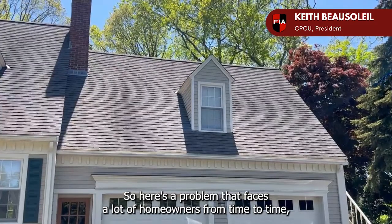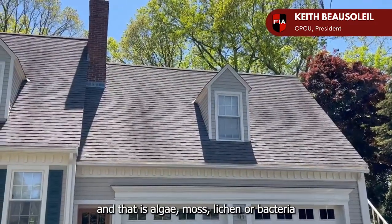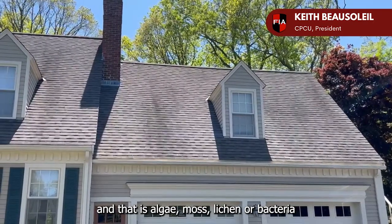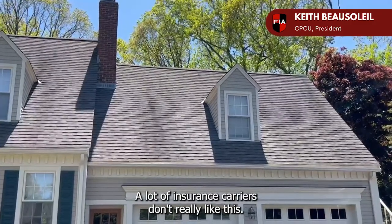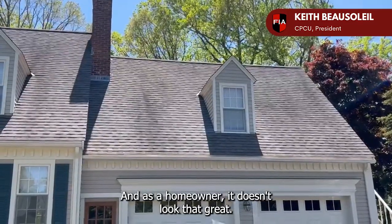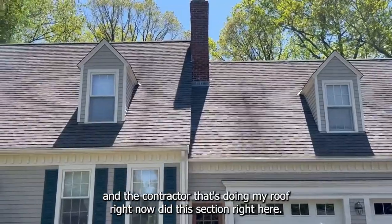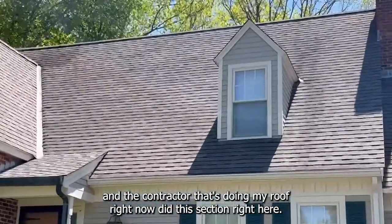So here's a problem that faces a lot of homeowners from time to time, and that is algae, moss, lichen, or bacteria that discolors your roof. A lot of insurance carriers don't really like this, and as a homeowner, it doesn't look that great. Recently, I decided to have my roof cleaned, and the contractor that's doing my roof right now did this section